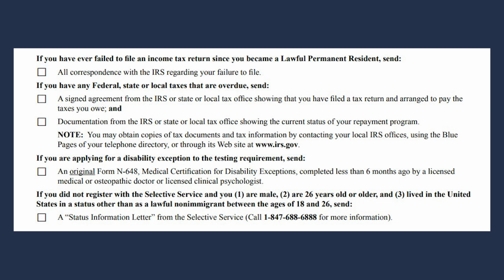If you are applying for a disability exception to the testing requirement, send an original Form N648, Medical Certification for Disability Exceptions, completed less than 6 months ago by a licensed medical or osteopathic doctor or licensed clinical psychologist. If you did not register with the Selective Service and you are male and 26 years old or older and lived in the United States in a status other than as a lawful non-immigrant between the ages of 18 and 26, send a Status Information Letter from the Selective Service,